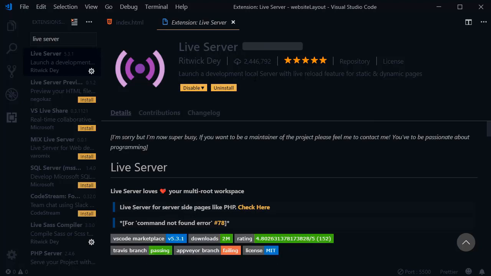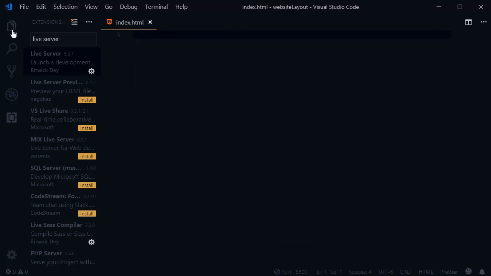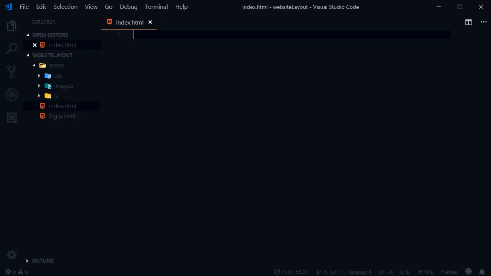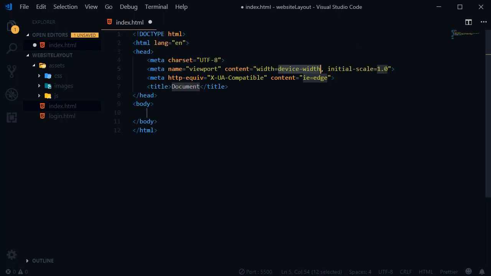So now friends, how does the Live Server extension work? Pretty simple. Close this one and now go to index.html. Now from the keyboard press shift 1 key, I mean exclamation mark, and now press the tab key. As you can see, we have the HTML document. First of all, I want to change the title. So remove Document and now create new